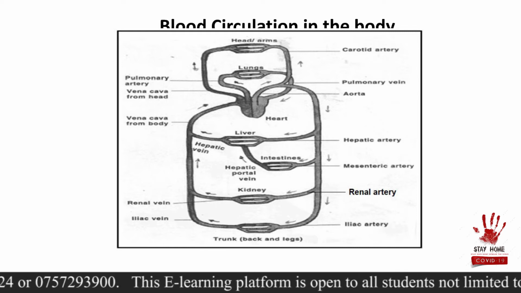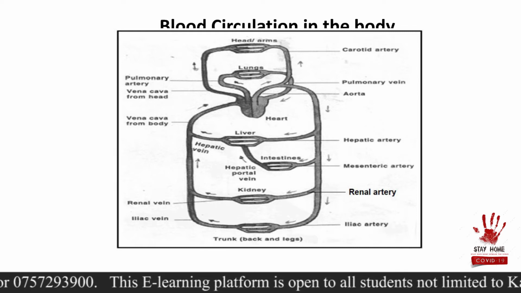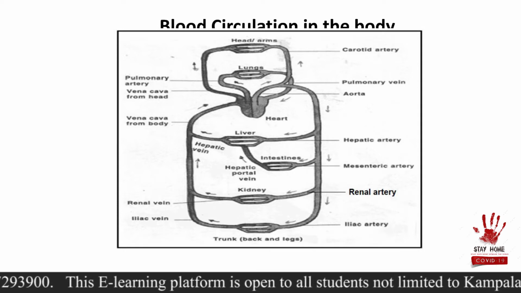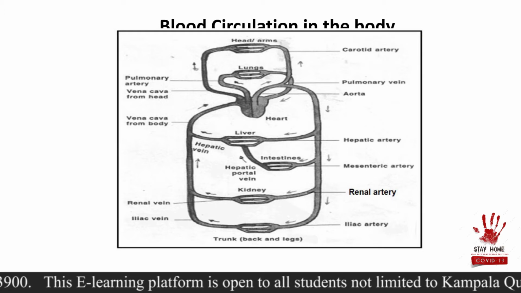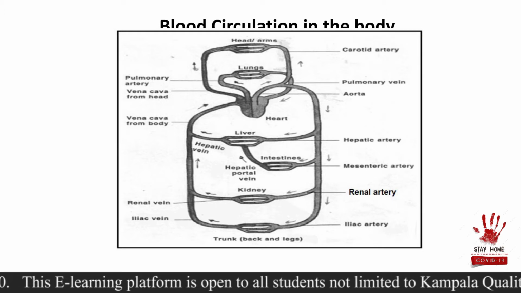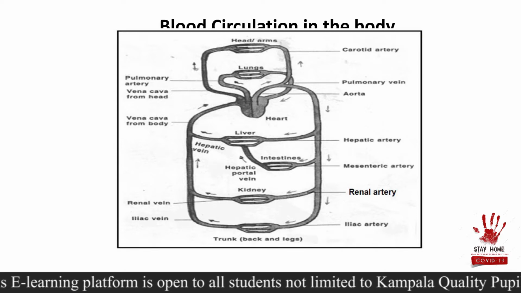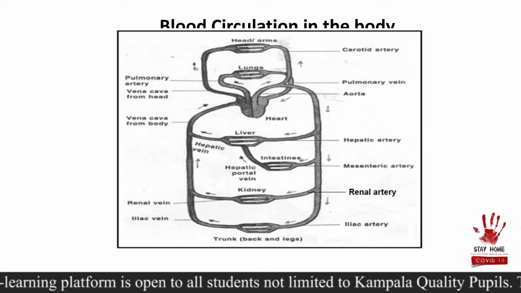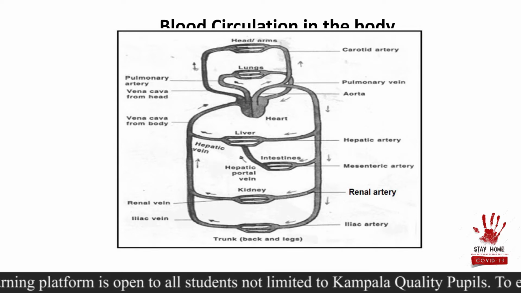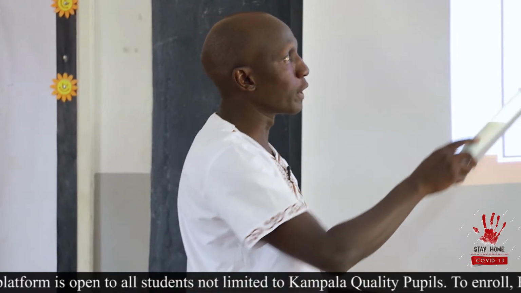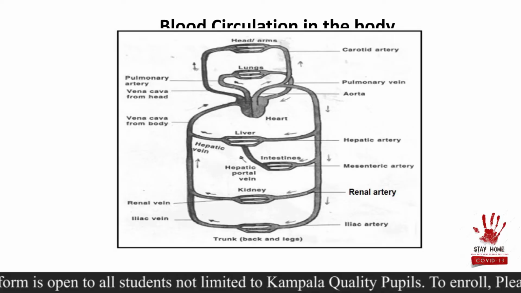Then we have the liver here. Below that, we have the intestine. Then we have the kidneys. Then we have our legs. So this is going to be our circulatory system, the entire system, how the blood moves around the body. So where does it start from? Remember what I told you last time, how the heart works? It works by contracting and relaxation of those muscles. The blood is going to be received from the vena cava.